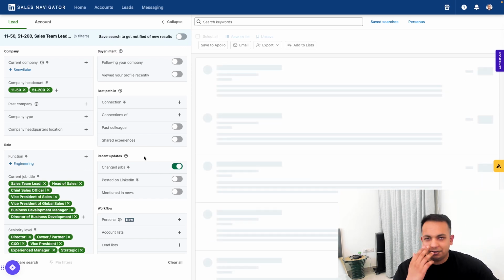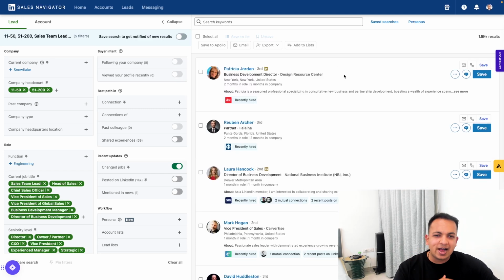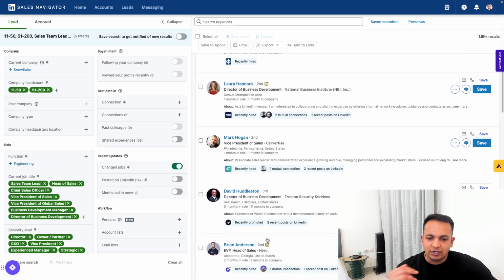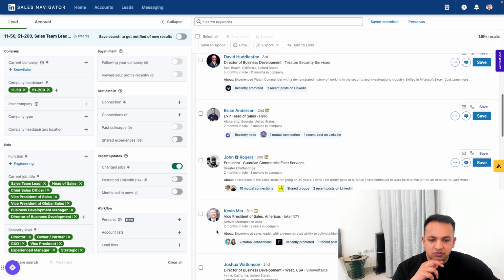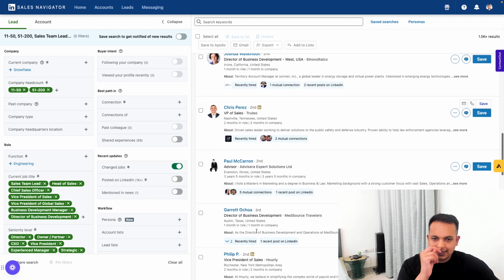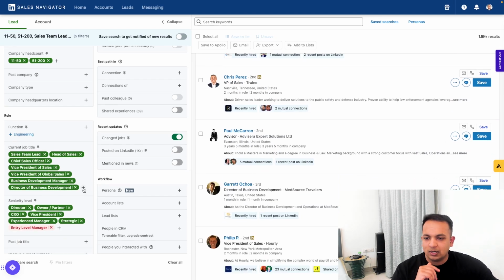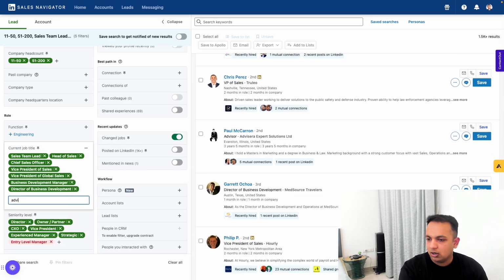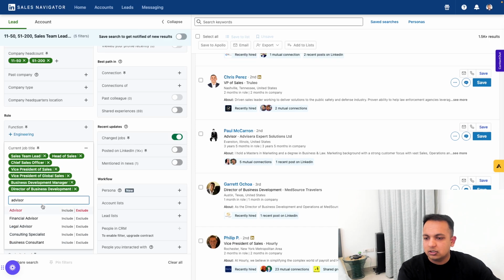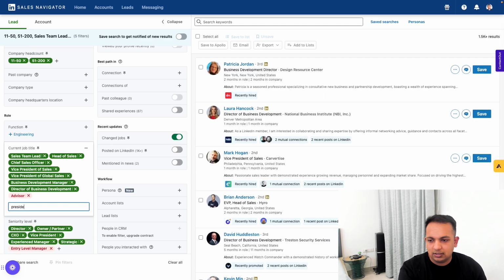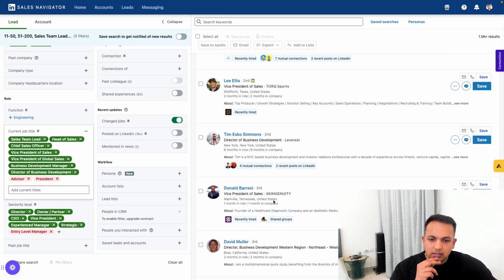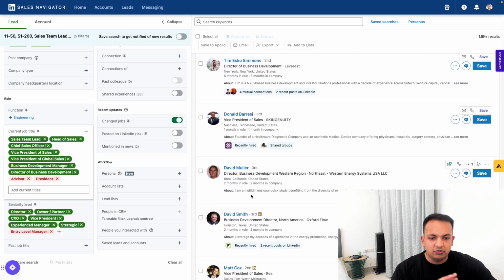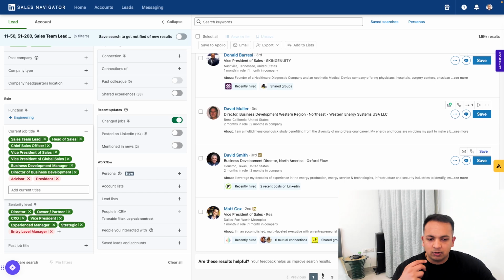So that's it. You do filter this. So now I have these 1.5k plus people that are relevant here. What you should also do is, I want to remove presidents from here. I want to remove advisor probably. So you can do stuff like advisor, exclude president, exclude, and yeah. So this is going to be a relatively pretty clean list if you think about the people,